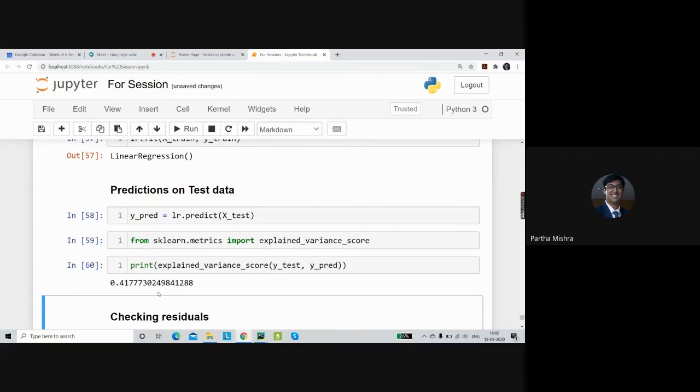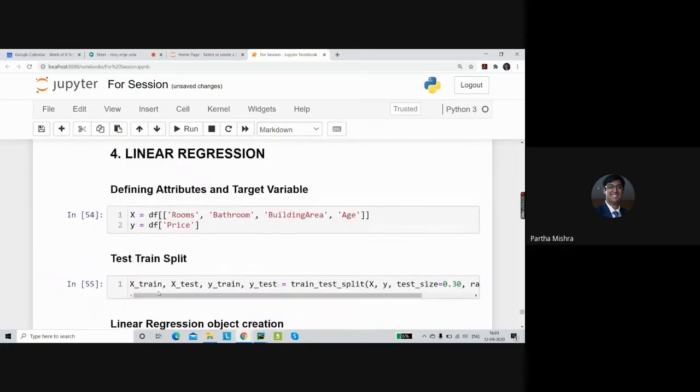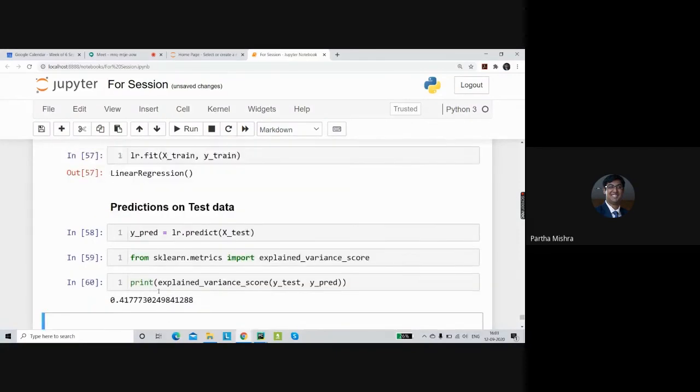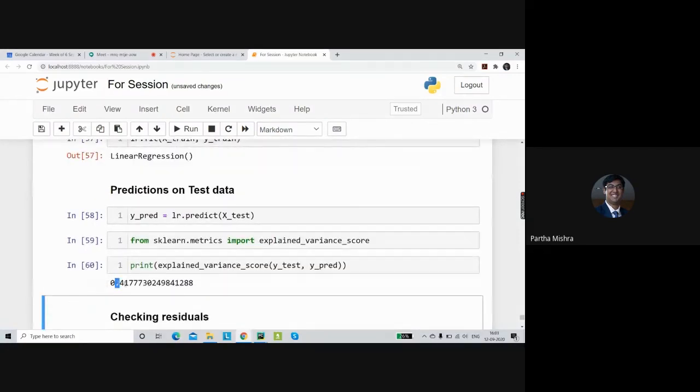Compared to what we have seen in the correlation, where the majority of the variables were close to 50%, just by taking these particular 4 variables we are able to get about 40% of the price variable explanation. That is to say, using these 4 variables, you can actually predict 40% of the price.